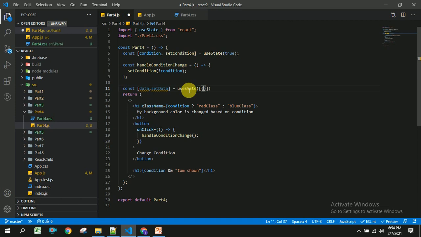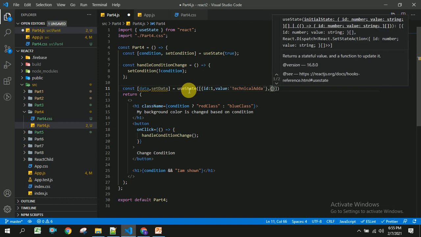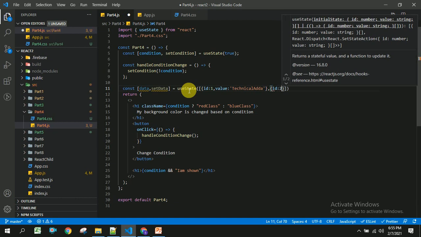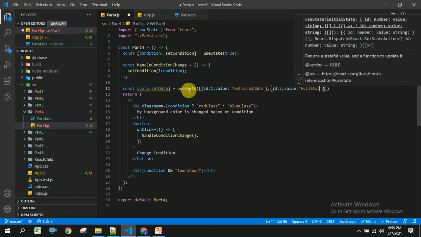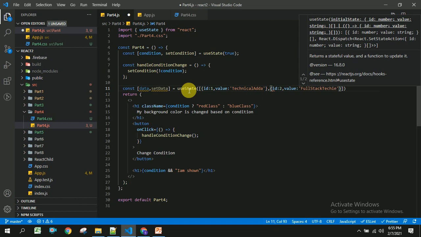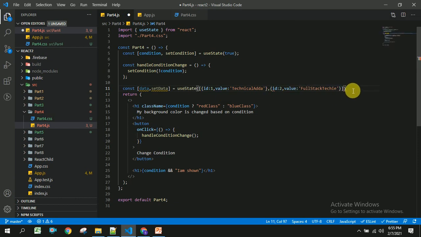So I am going to create some objects in this. ID is 1 and value is this. Another object, ID as 2 and value as this one. And I will save this.